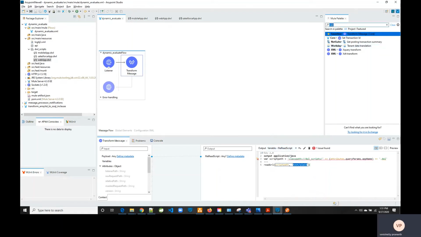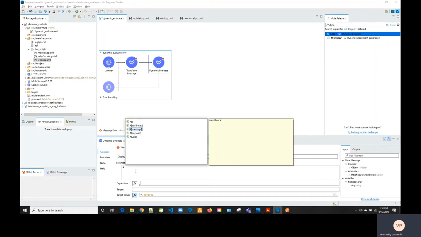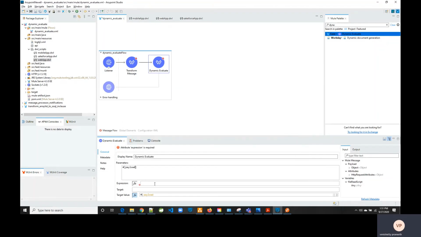Now we'll move on to the Dynamic Evaluate component configuration. It has a section called parameters, where we load the payload on which we are going to run the dynamic script. In the expression section, we load our dynamic script.